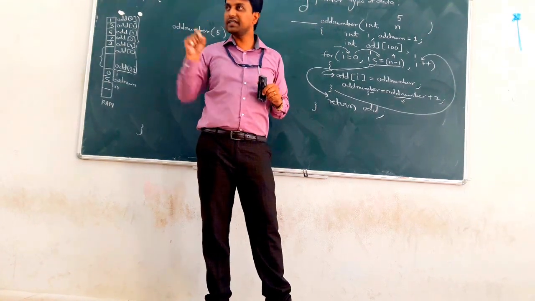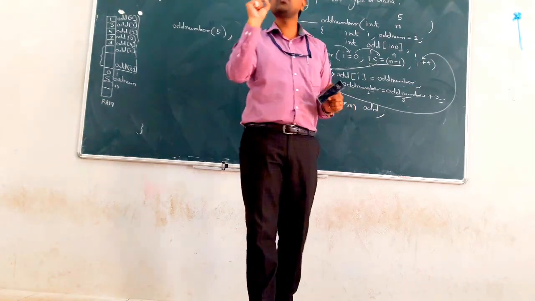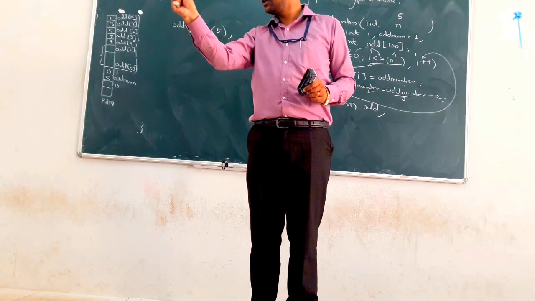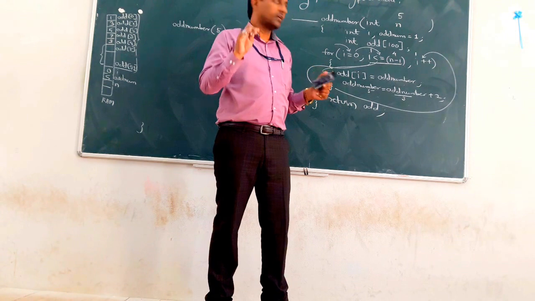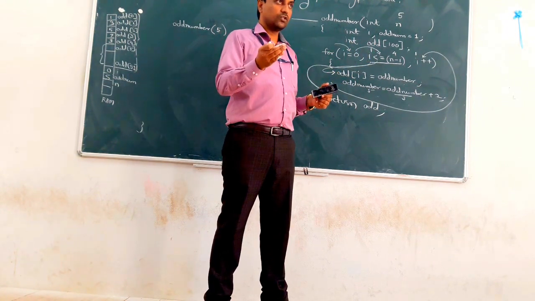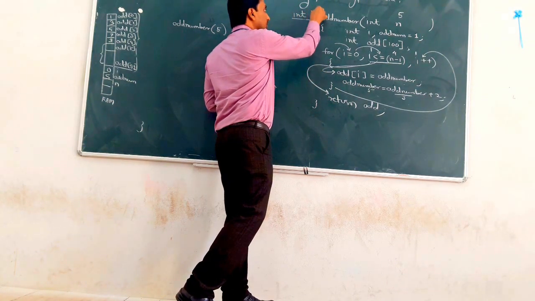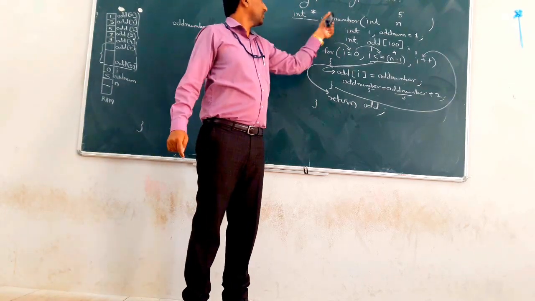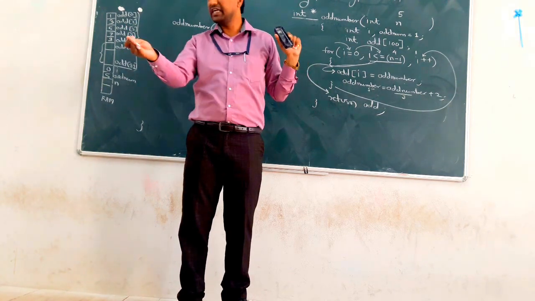But now what do we return? We return an address, because just the name of the array gives you the base address of that array. Means it returns the address. Okay. So we don't write int here. Which type of data? It is an integer type of array, so it returns the address of an integer type of array. So here we write not only int but int pointer. Clear? So now our odd number function returns pointer type of data.